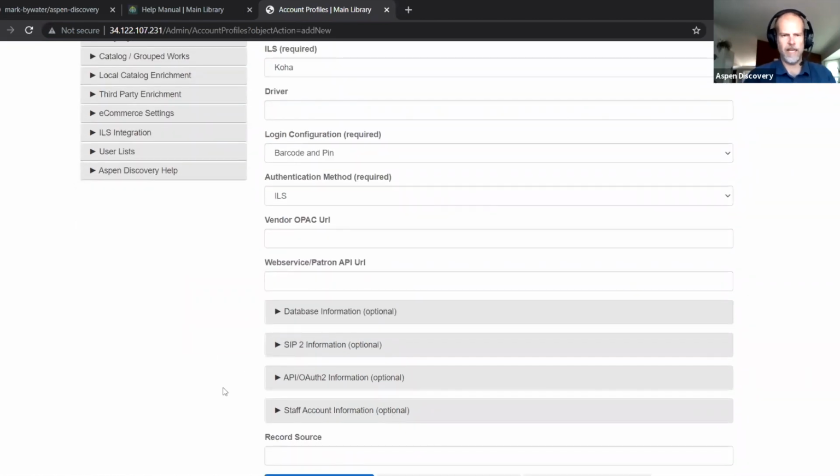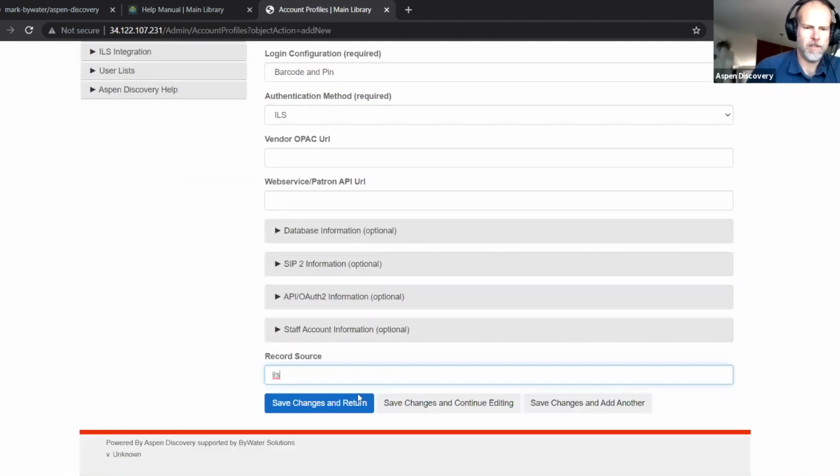So normally we're going to have a database or SIP2 or some API information. And then we would fill out a record source of ILS is the traditional, unless you have more than one ILS, which right now nobody does, but we've done in the past. So then you would save those changes,